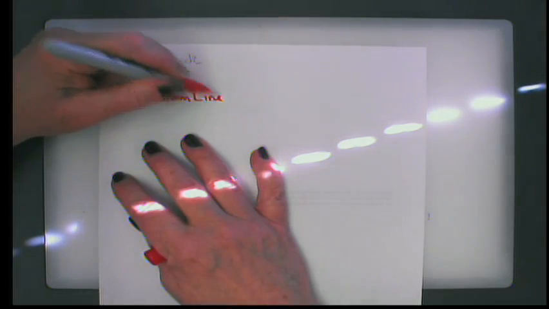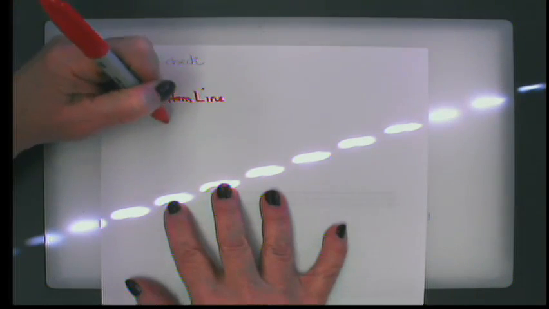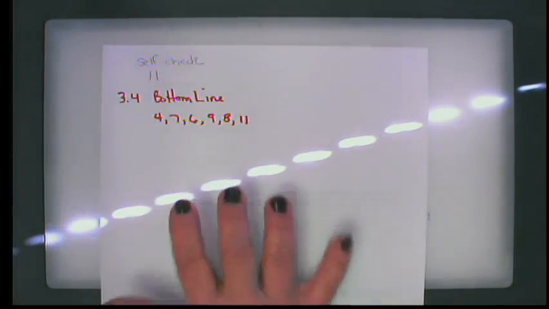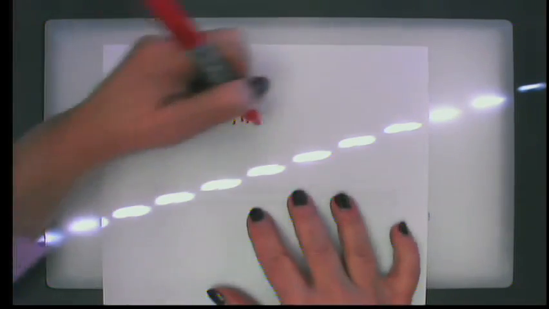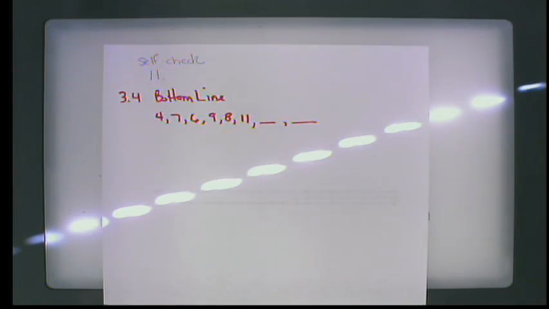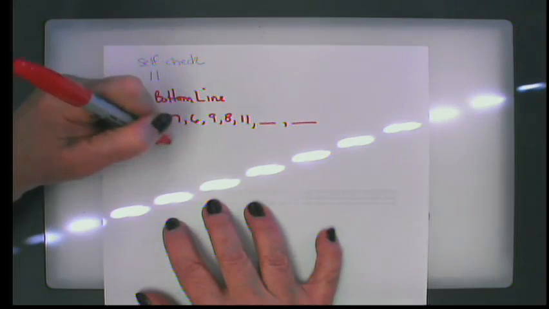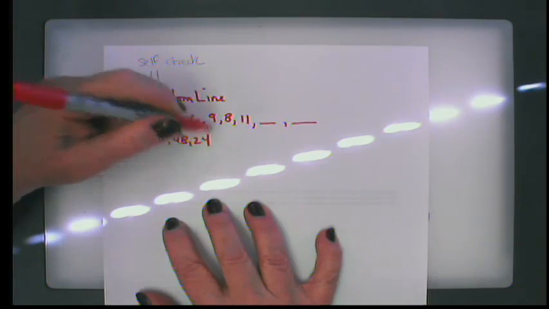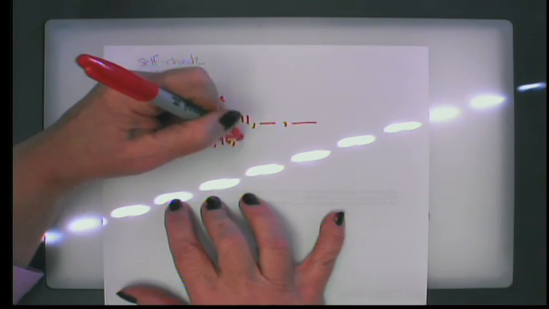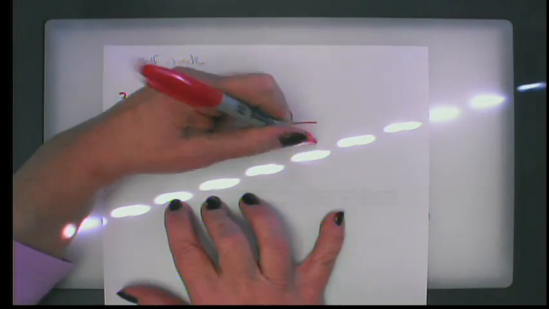All right. So what we have here is we're looking for patterns. And the first one is 4, 7, 6, 9, 8, 11, and then we want the next two numbers. And after that, we have 12, 48, 24, 96, 48. And we want the next two. All right. Now,